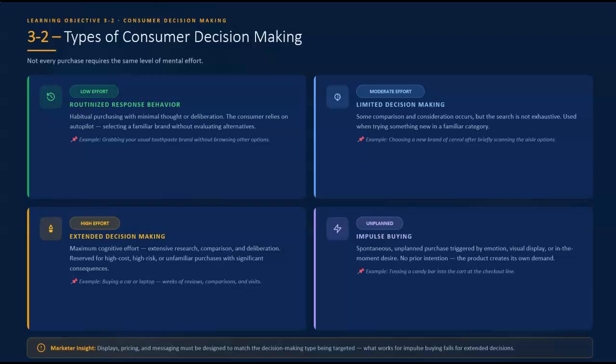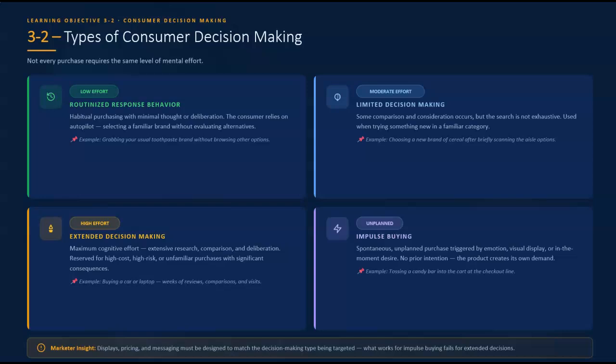Then you go into moderate effort. Some comparison and consideration occur, but the search is not extensive or exhaustive. Used when trying something new in a familiar category, choosing a new brand of cereal after briefly scanning the aisle options. Maybe you use a certain laundry detergent and you want to try a different one. This is also a moderate effort